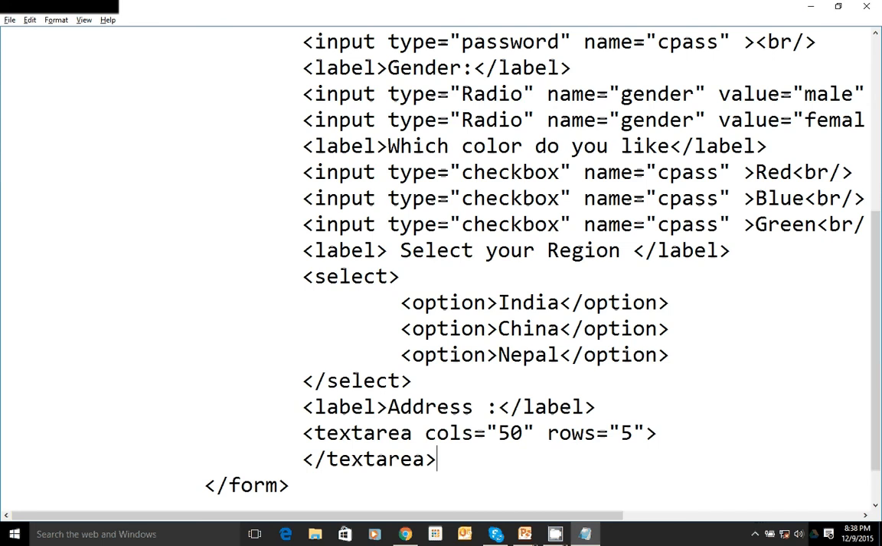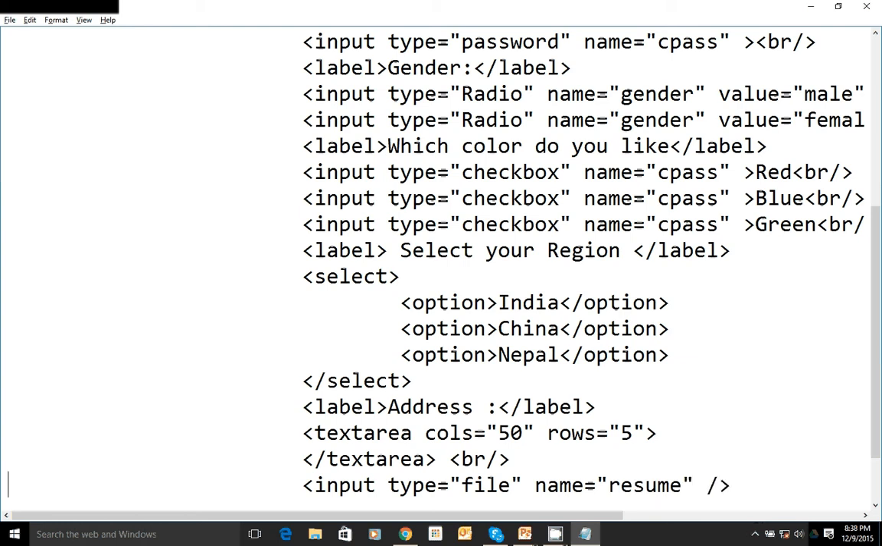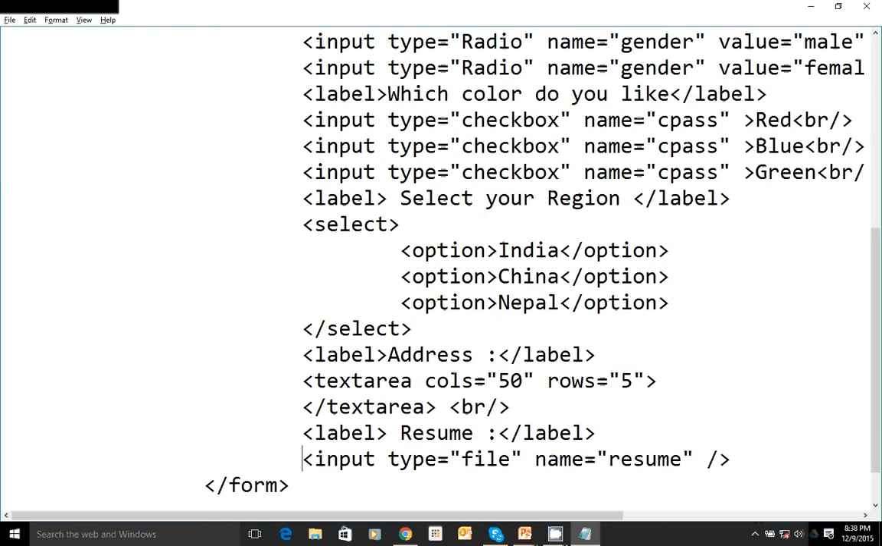What else is missing? Yeah, I want to attach some file. Input type equal to file, attach your resume, name equal to resume. The label for this is, let's say, resume. And next one I want to add